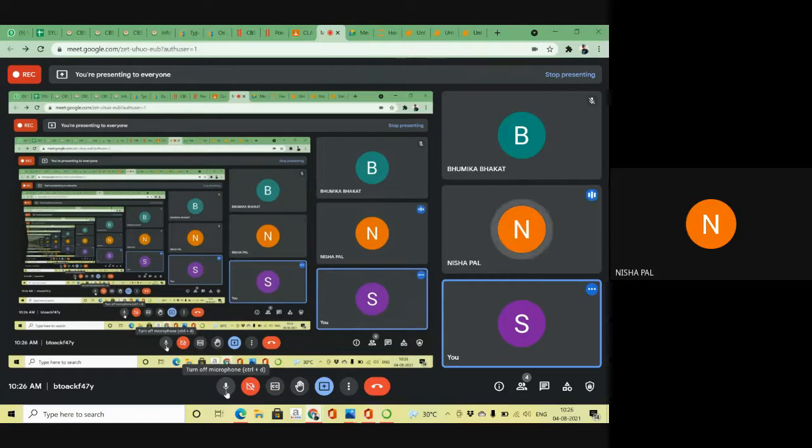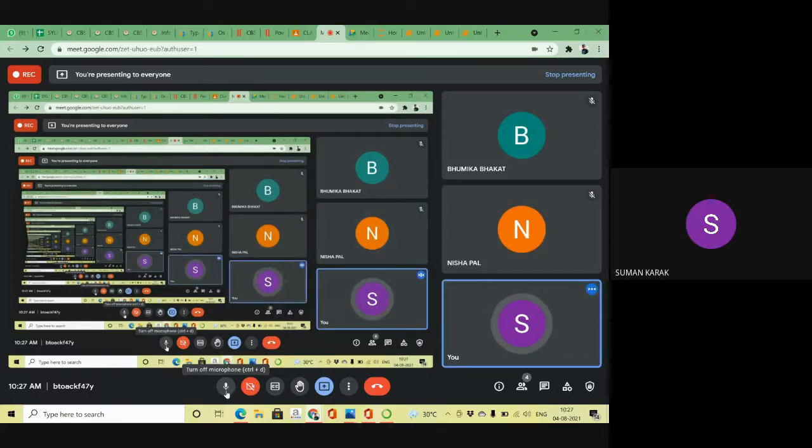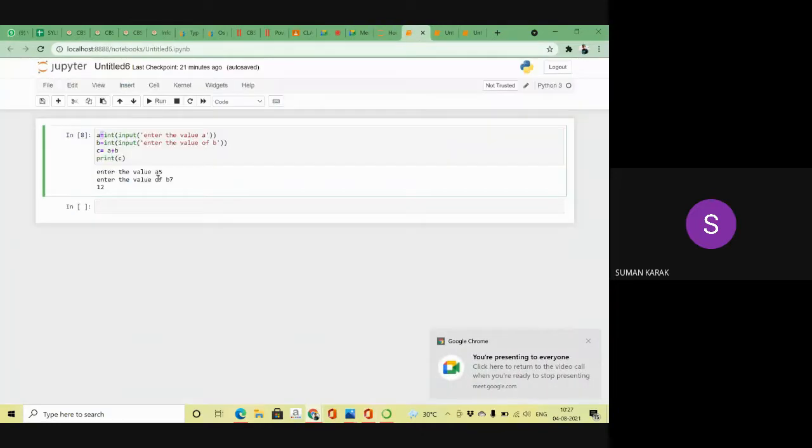Sir, one time you tell again. Why I am using the input function? Tell me the simple language. Sir, Nisha, you tell na. Why will we use the input function? Look, the input function, normally look, now I. Normally look, we were taking the value of a, right?